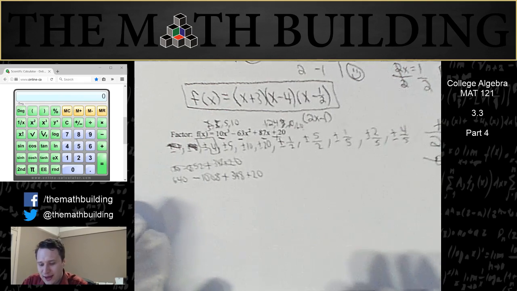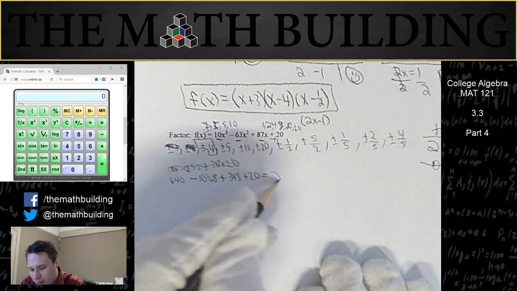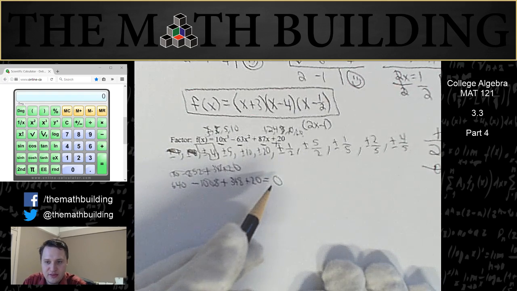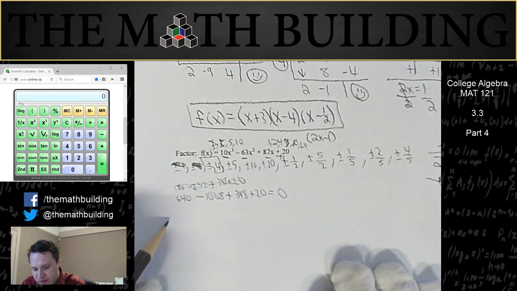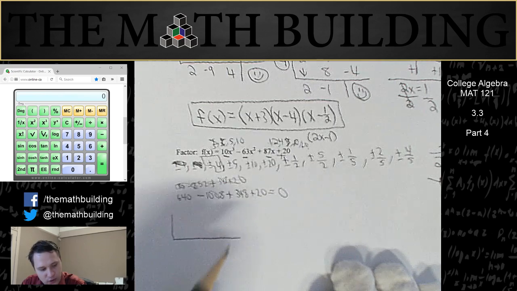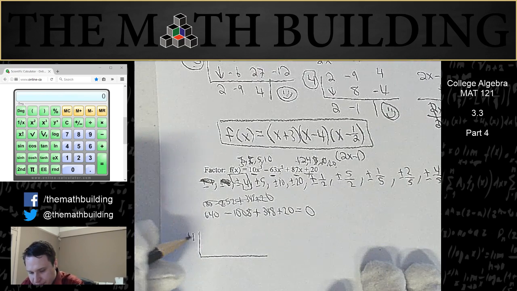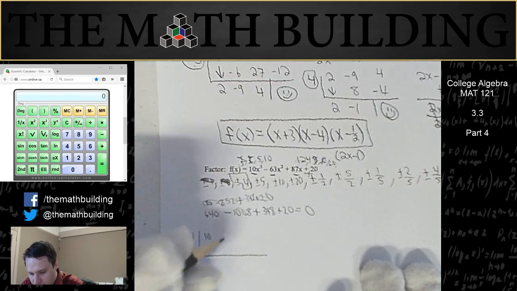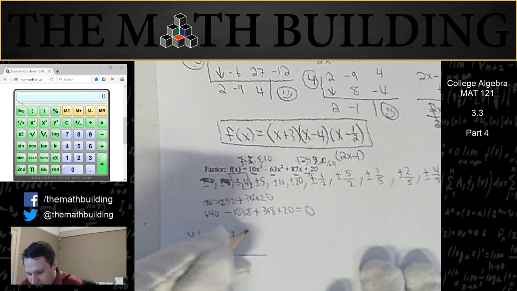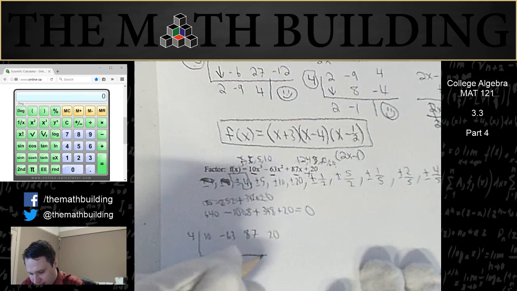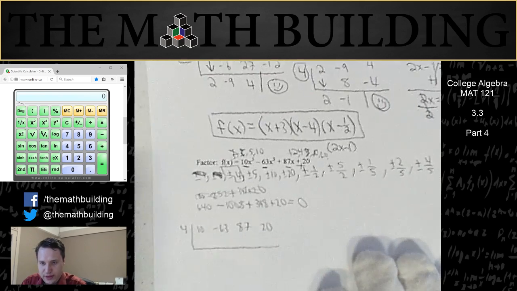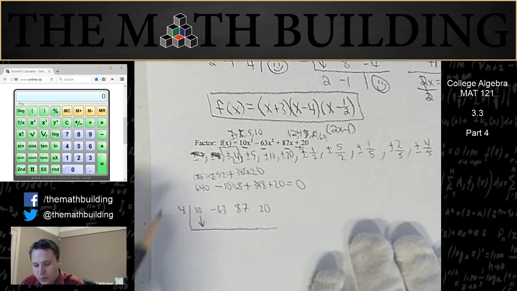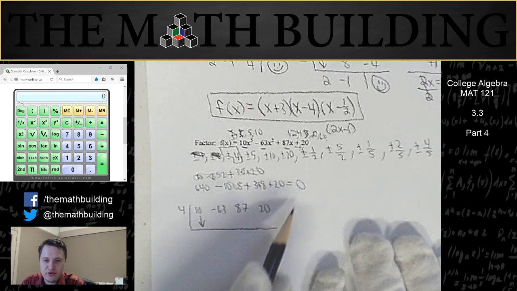All right, thanks for hanging in there. We just figured out that when we plugged in positive 4, we get 0 as an answer. So let's use synthetic division with 4 as our root. Our coefficients are 10, negative 63, 87, and 20. So here we go. We know when we plugged in 4, we got a 0, so we should get a